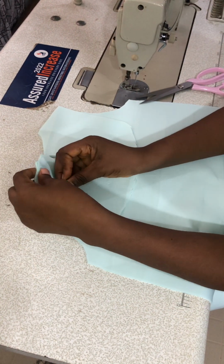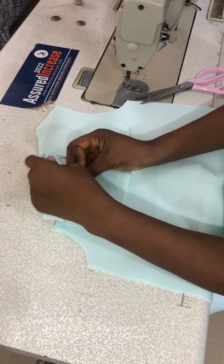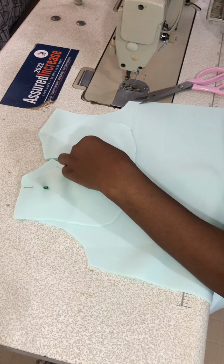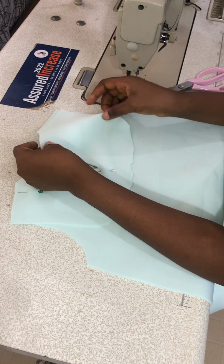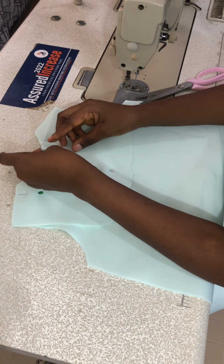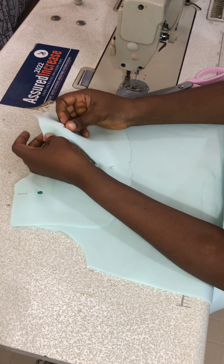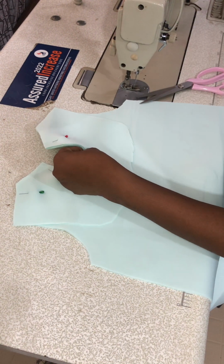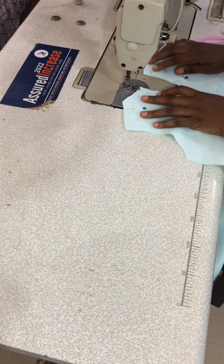You press it neatly. I'm done with the front part of the dress, and this is the back of the dress as well. Just like the way I did for the front part, I'll be using my needle to secure the facing of the back to the back part, so I don't make any mistake. I'll repeat the same process as well. Use my needle to secure the facing to the dress,